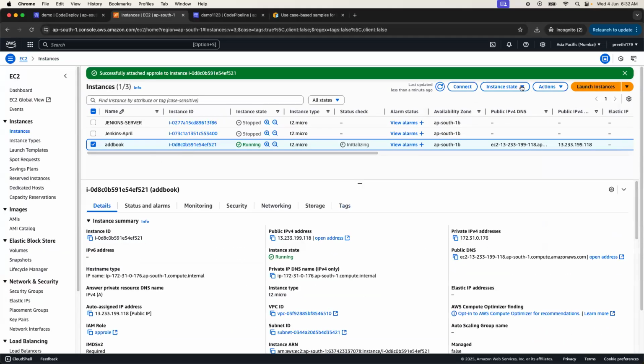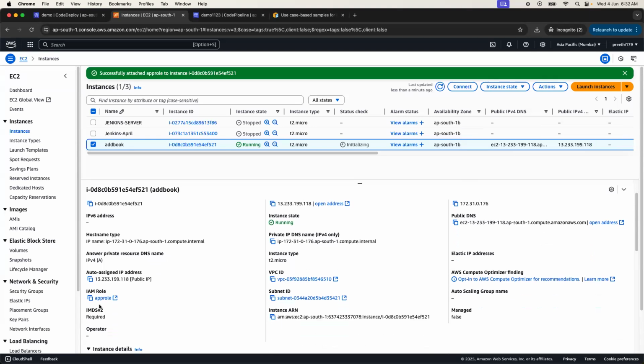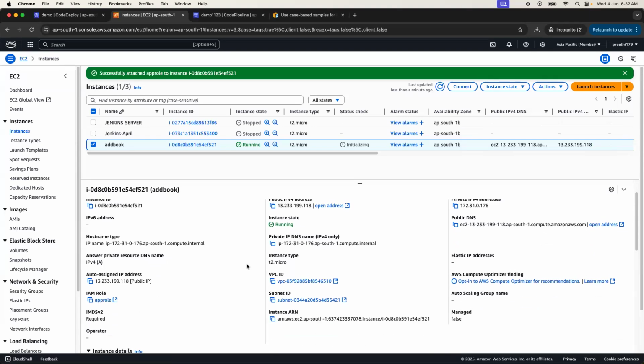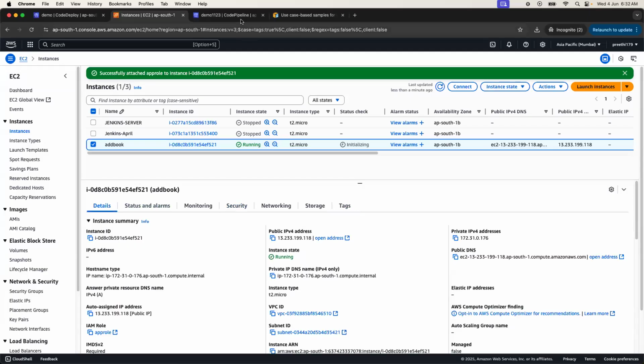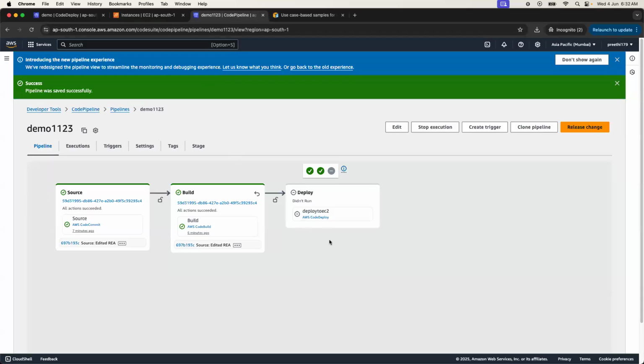I'll show again: select the instance, go to actions, under security, you have modify IAM role. So that's how I added a role. Once you add the role, you should see here as well, the app role and the tags of this instance, so that your CodeDeploy service should identify it. These are the things we should do. And one more thing is,